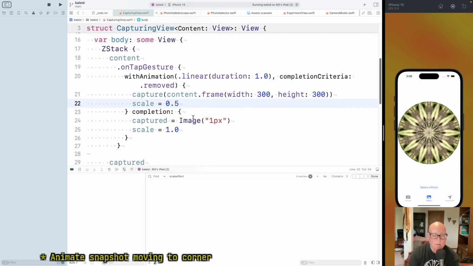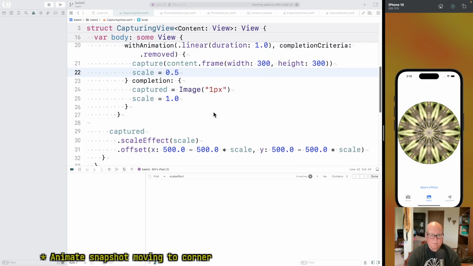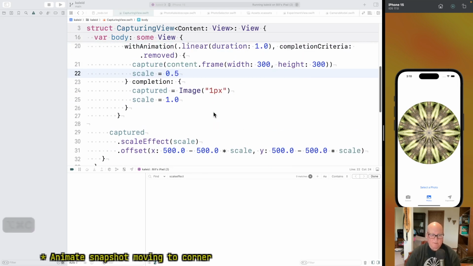What's the deal there? 0.5. Okay, so does this? Yeah, I think that's still acceptable there. Okay. But we haven't dealt with the offsets. Okay, so